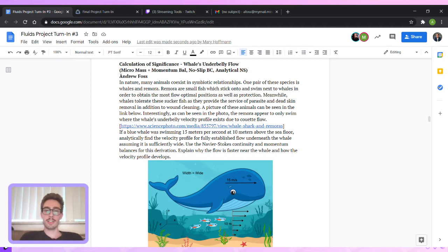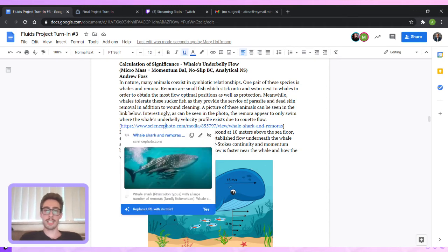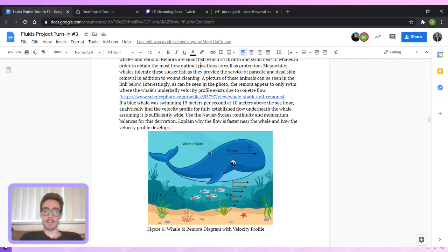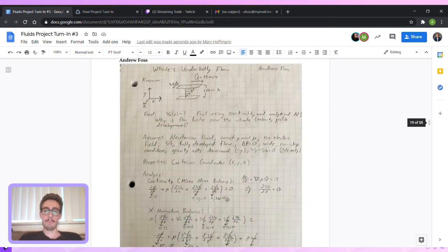I was actually pretty inspired by this photo. I saw these remora swimming within the velocity profile of this big whale, and I thought that was pretty interesting. So basically in this problem, we're trying to find this velocity profile, which the fish would